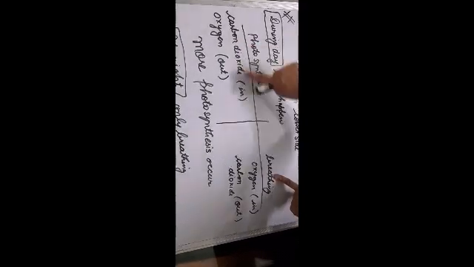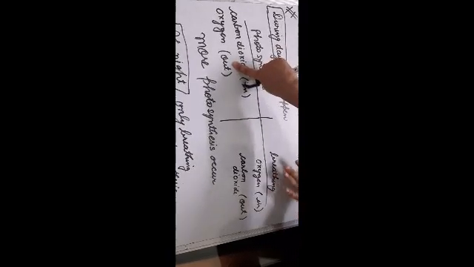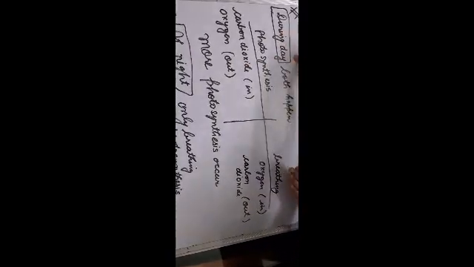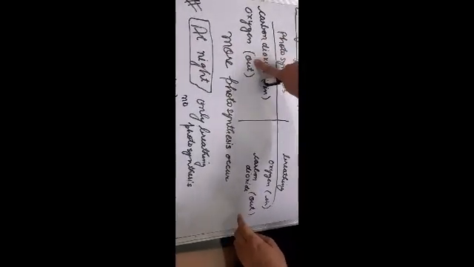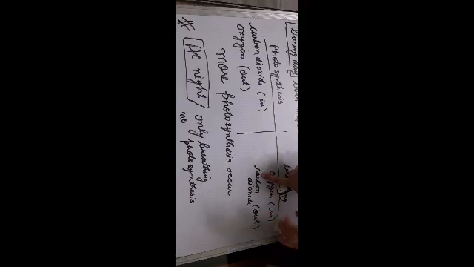So during day what happens, during photosynthesis we have already discussed 4 things. The plant will take in carbon dioxide and will give out oxygen. Please don't get confused here. During the daytime, the plant does 2 things. The plant does photosynthesis also and the plant does breathing also. During photosynthesis, the plant will take in carbon dioxide and will give out oxygen, and the plant is also doing breathing, so the plant will take in oxygen and will give out carbon dioxide. Now don't get confused, both these processes are occurring simultaneously, together.